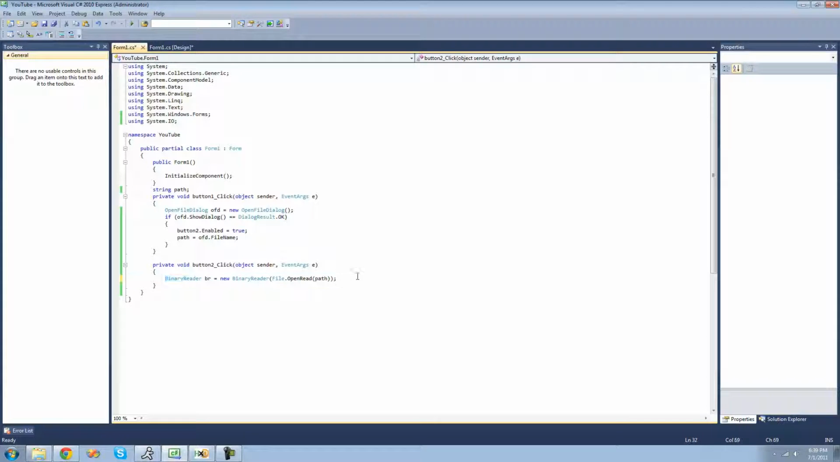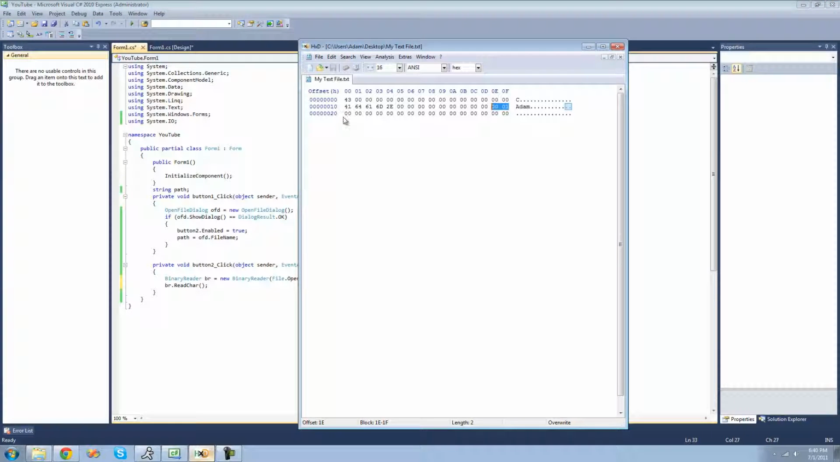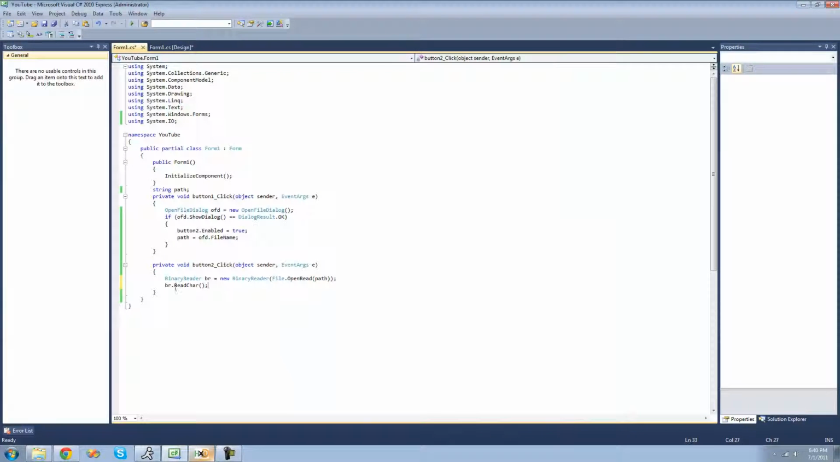So once you have your BinaryReader typed out here, we can use the BinaryReader to read something. The first method in the BinaryReader that we're going to be looking at is ReadChar. Basically, what the ReadChar method will do is read a character from your file. Since we haven't specified a position in our file to read from, it's just going to start at 0, so it'll read this first character right here, this C. We're going to have it read this character into the text box